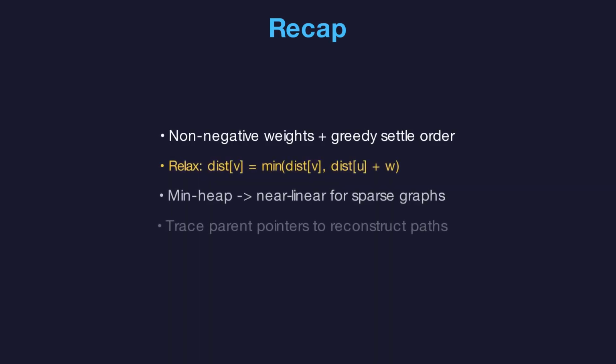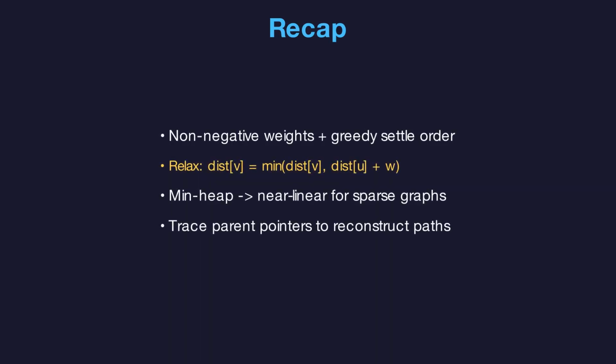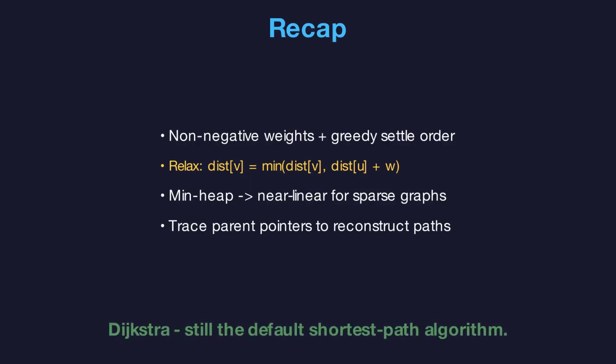Here is the mental model to take away. Dijkstra assumes non-negative weights, repeatedly locks in the closest unsettled vertex, and relaxes edges to improve neighbors. A min-heap makes each extraction cheap, and skipping stale heap entries keeps the implementation simple. Store parents if you need the path, not only the distance. Complexity is order of (V + E) log V with a binary heap on typical sparse inputs. That combination of clarity and performance is why Dijkstra remains the default single-source shortest path algorithm taught in courses and